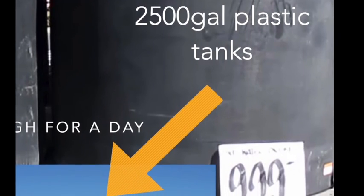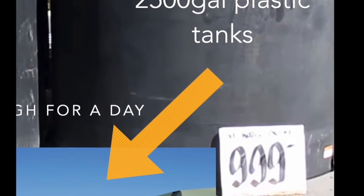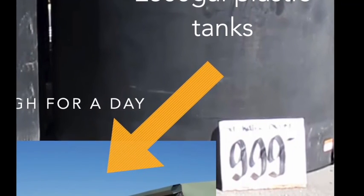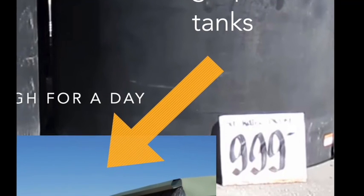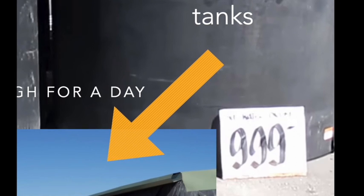In this case, we're going to be talking about tanks full of water. This behemoth of a tank, 2,500 gallons, is typically used and seen on earthship houses in Arizona. It's mostly used to hold rainwater, which is also a very good source of thermal storage. And we're using it as an example here so that we can talk about it, because 2,500 gallons is kind